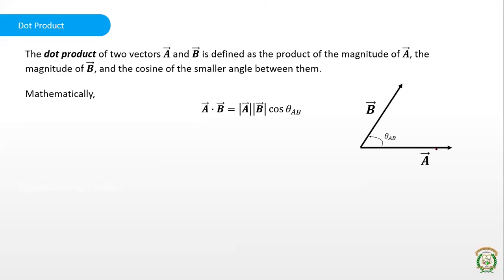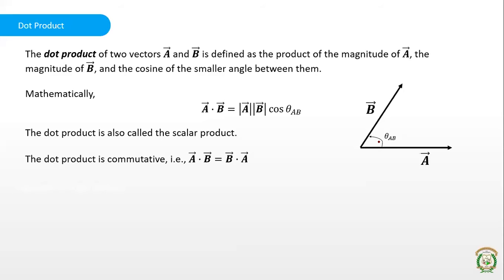So the magnitude of vector a, multiplied by the magnitude of vector b, multiplied by the cos of the angle between them, gives the scalar product a dot b. This scalar product will not be a vector quantity. That means it is just a number. You cannot indicate it with any arrow mark. It is just a decimal number. The dot product is also called the scalar product because the product is a scalar quantity without any direction. And one more thing you need to note is that it obeys the commutative law.